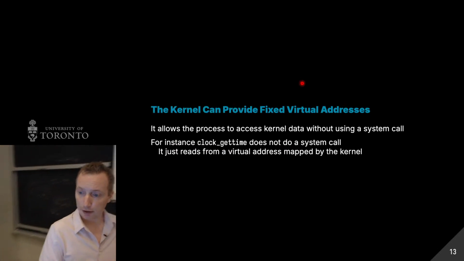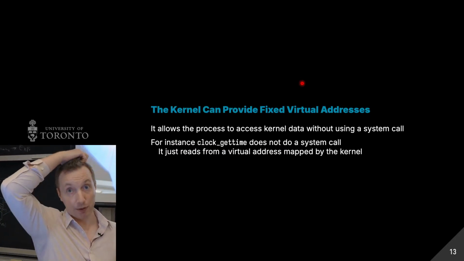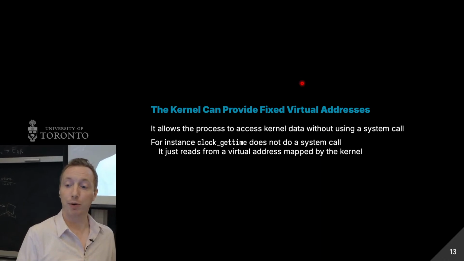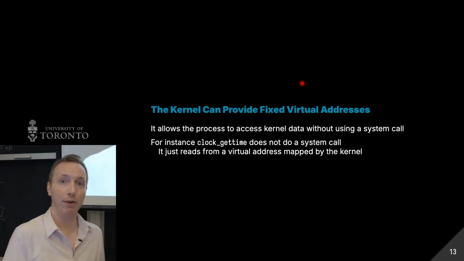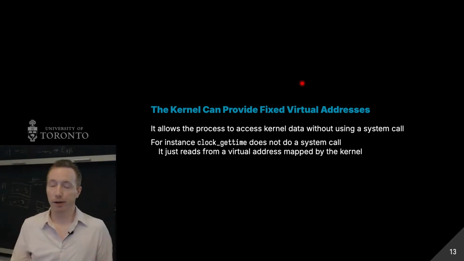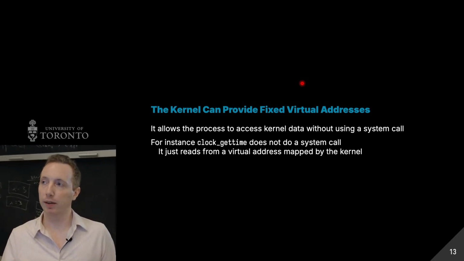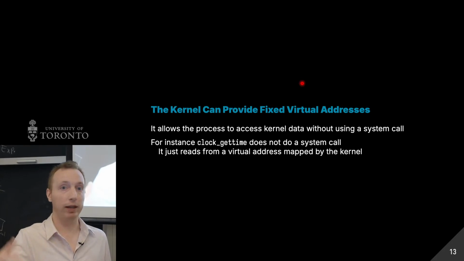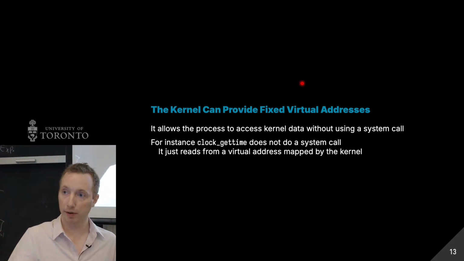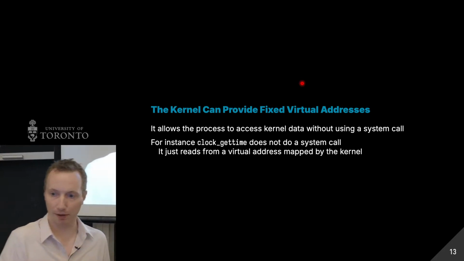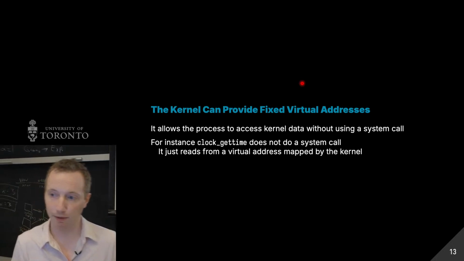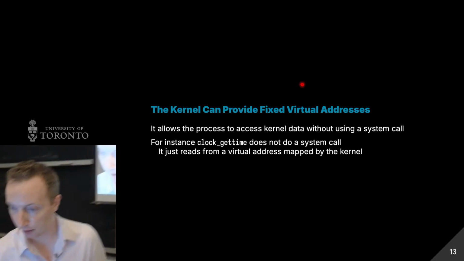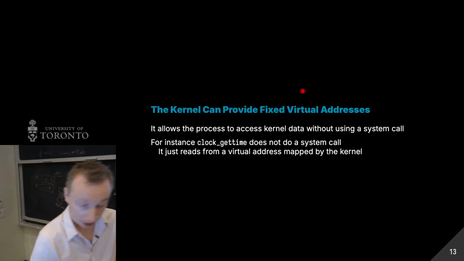Another thing the kernel can do is provide fixed virtual addresses for your program in order to avoid system calls. So if your program is doing something like reading the time, the kernel can set up a known virtual address so you can just read the time from that virtual address without having to do a system call. So that is the only way to get information from the kernel without actually doing a system call. And we are out of time, so just remember,